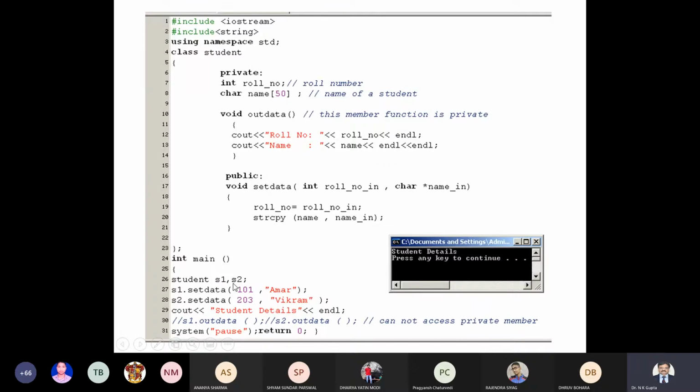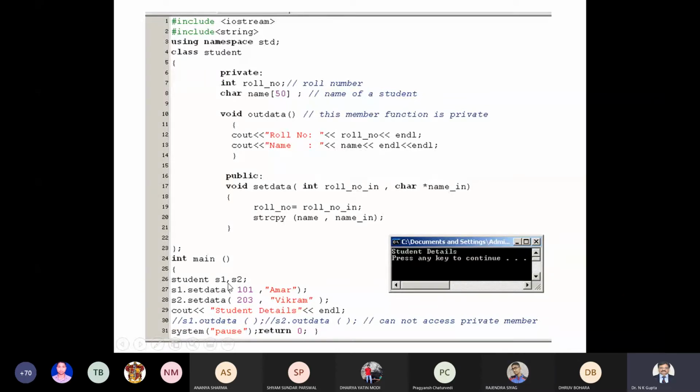So student S1, S2, two objects have been declared over here. So when will the memory be allocated, at the time of declaration of the class or at the time of creation or instantiation of these objects?